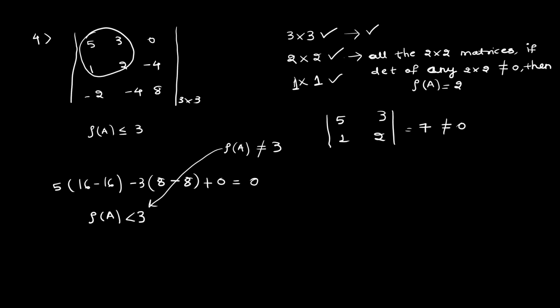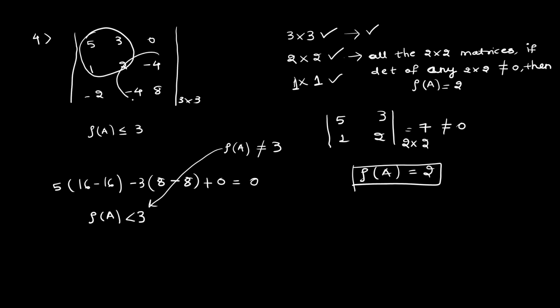So what is my condition? If the determinant of any 2 into 2 matrix is not equal to 0, then the rank of A is equal to 2. So the rank of this matrix A is equal to 2. Here you don't need to check the other 2 into 2 matrices, because any 2 into 2 matrix determinant not equal to 0 is the sufficient condition. For example,